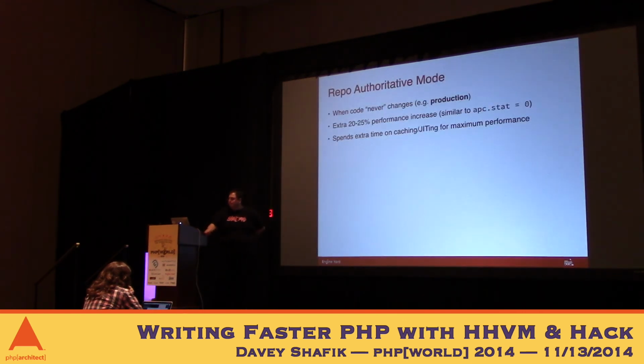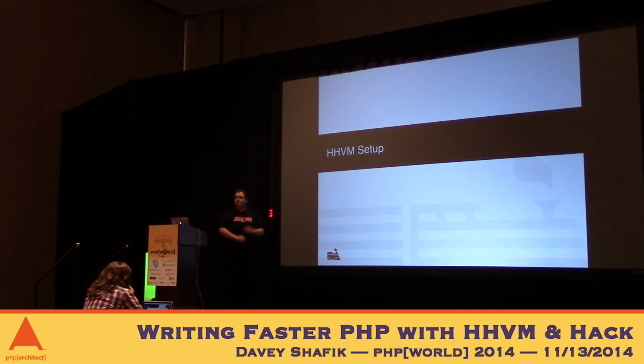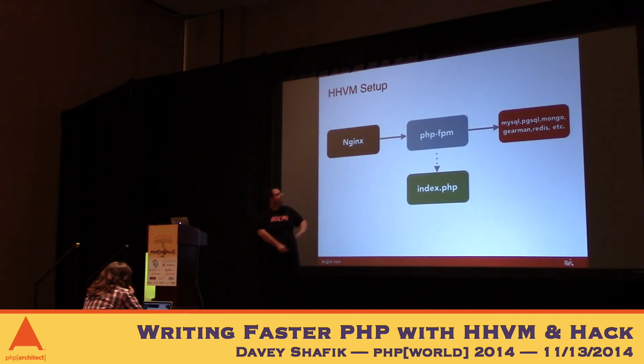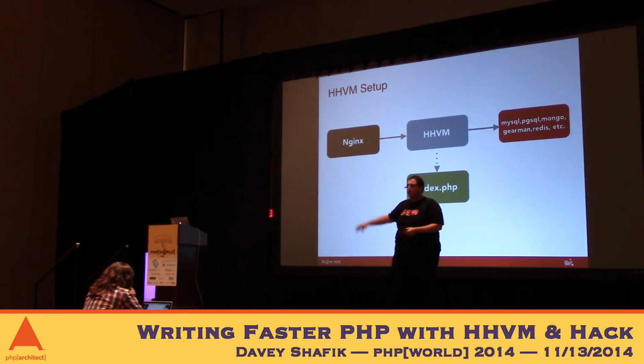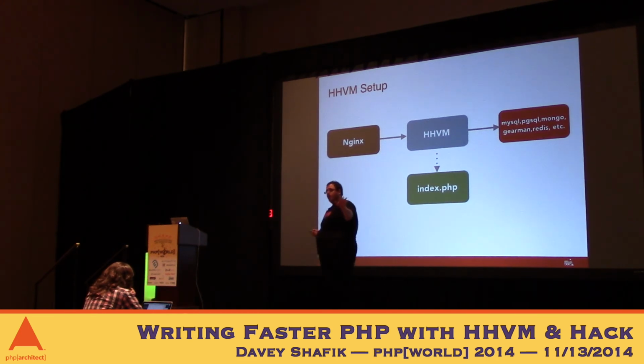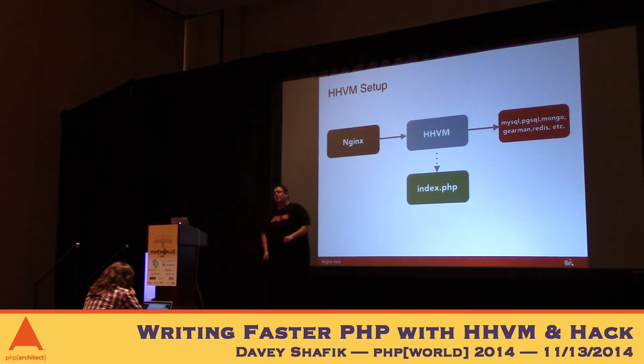But yeah. So how do we set up HHVM? It's a brand new interpreter, brand new runtime. It used to be kind of crazy, but they've pretty much standardized it. So this is an Nginx PHP FPM setup using FastCGI, of course, which is the FPM stuff, databases and whatnot. Basically, HHVM now supports FastCGI. And so it's a complete drop-in replacement, or you can actually use it alongside PHP if you're using Nginx. So you can just have it on a different port, and you can say, okay, we're migrating our code base, we're going to put new files over in X folder and old files in Y folder, and if there is a file in X, then run it there. If it's in Y, then run it there, and send one to HHVM and one to PHP. Wouldn't recommend it, but it's possible.